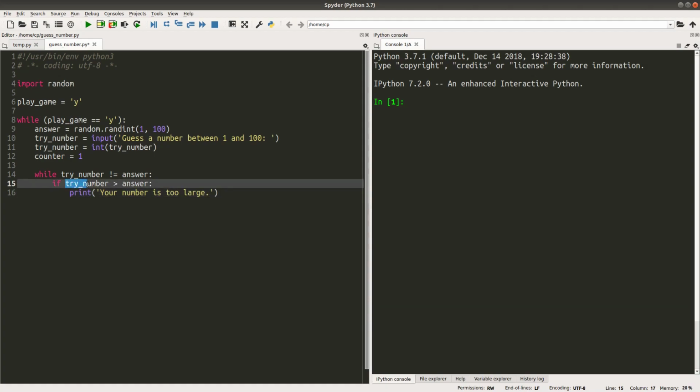If the user input is larger than the computer value, I would prompt the user to provide a smaller number by saying that your number is too large.